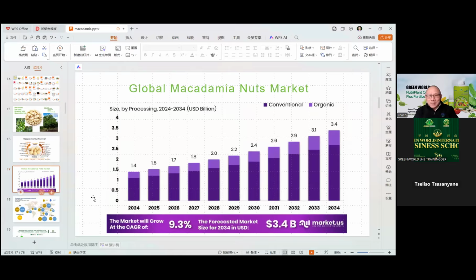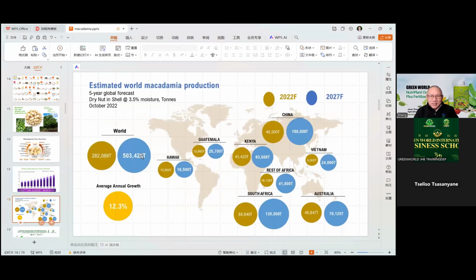This is how much we have. You see, this is a volume, it's a ton. It's 503,000 tons. That's a lot of nuts. And you see Africa, a lot of South Africa, we have a bigger producer. This one you can see the circle. South Africa is the biggest. China is the biggest. We have one here. You can see